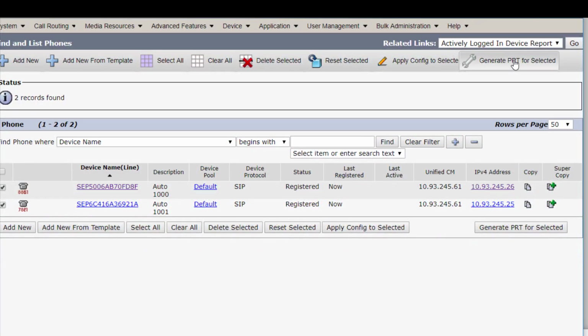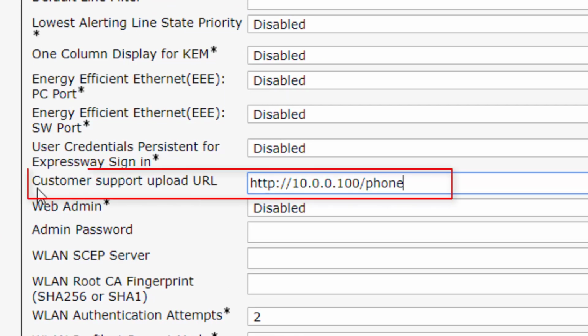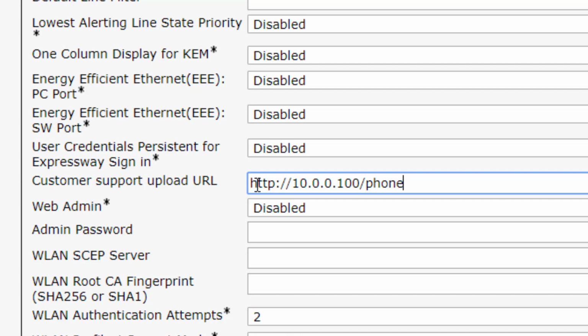And then I just click this and it automatically collects that information without me having to bother the end user. The only requirement is that you simply populate this customer support upload URL on the common phone profile or on the individual phone, and then this will deposit the PRT on a web server that you have set up to